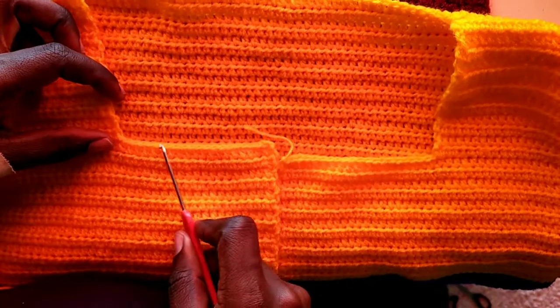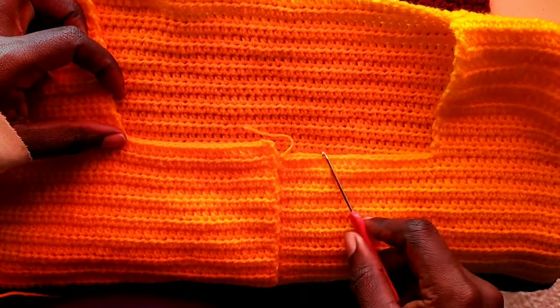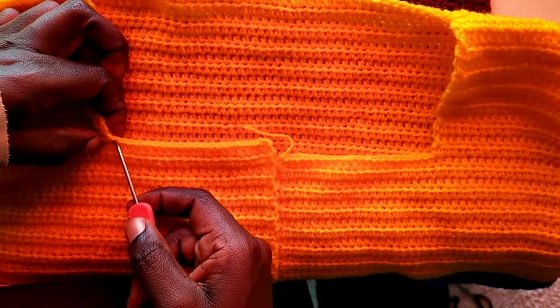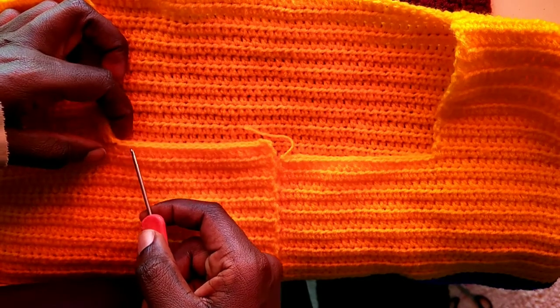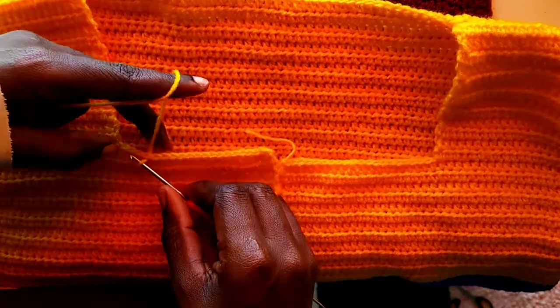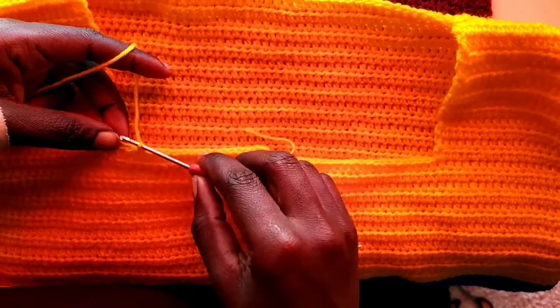So here we had 20 stitches. We had 20 stitches this other side. So we shall count 4 stitches from the corner here. So that will be 1, 2, 3, 4. The 4th stitch we'll attach our yellow yarn. Remember, we just want to smoothen this part and do a